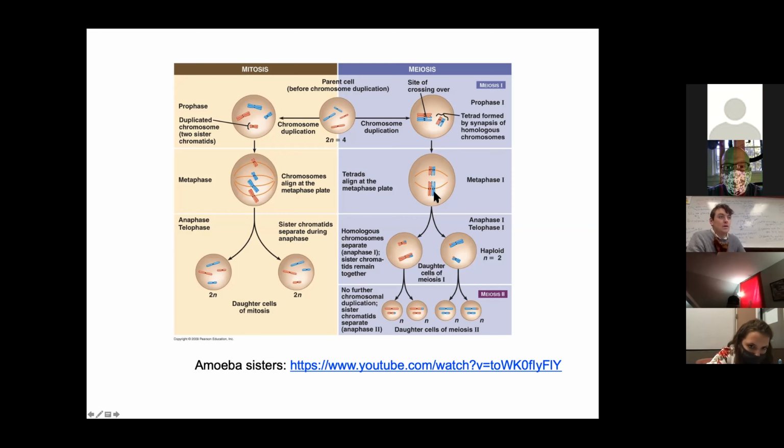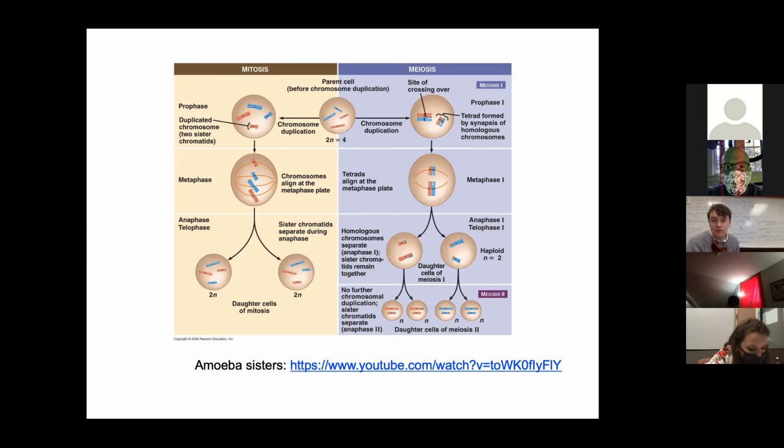In meiosis, when they line up on that metaphase plate, it's the tetrads that line up, not the individual chromosomes. Notice how in this drawing, the red ones are on the left and the blue ones are on the right. That can happen in any order. You could have the reds on the right and the blues on the left, or the other way around in the other cell. That sort of shuffling of lining up all those tetrads in the middle, that is Mendel's law